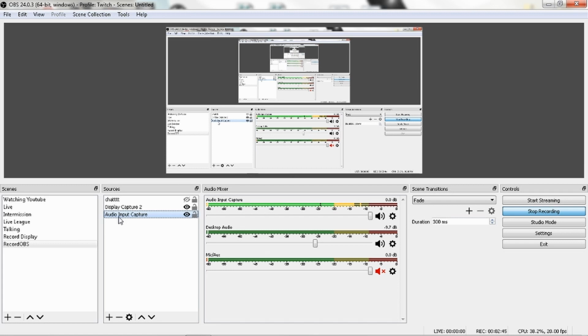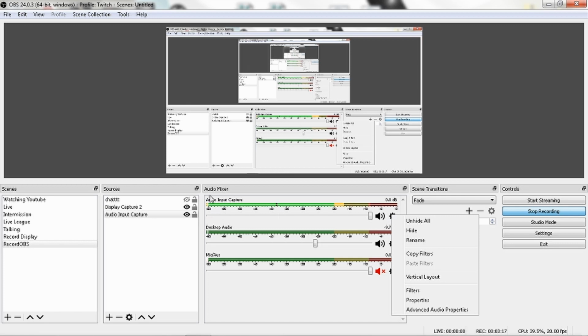All right, and then here we have our audio input capture right here. It shows up here. I have it set all the way up here because I have a preamp. I have a Shure SM27 condenser microphone plugged into a POD X3 Live guitar effects processor, and on that I have a noise gate, amp, compressor, EQ, all from that, and I set the levels there. Then I bring it in through USB to the computer, and then here in the audio mixer, select our audio input capture,